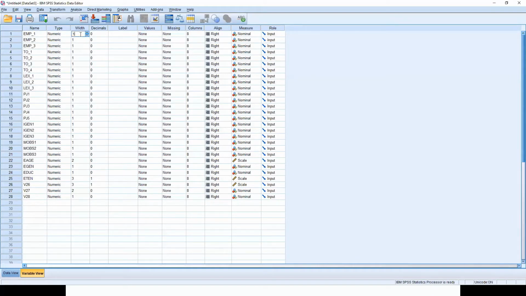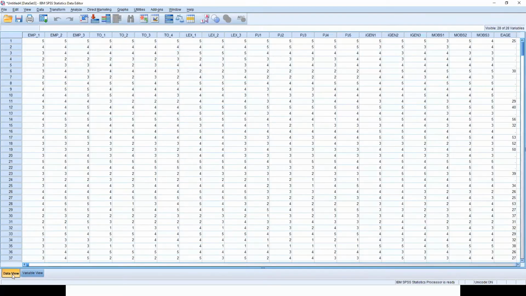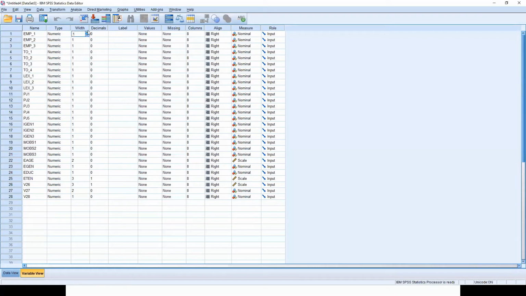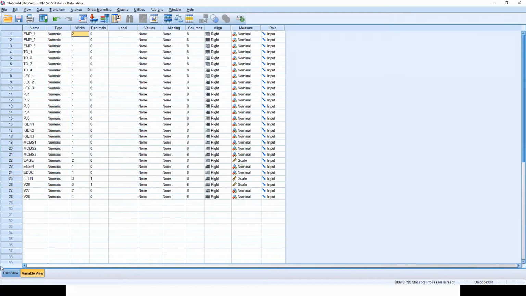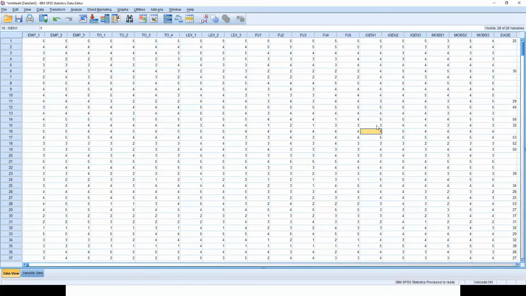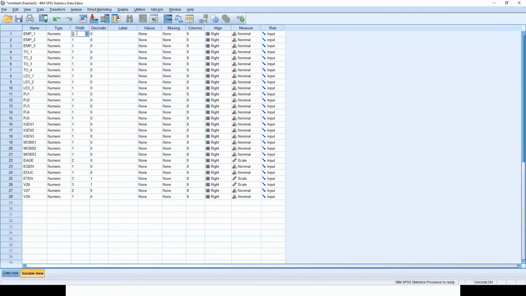This is the width of the column, and this is width in terms of numbers. So how many numbers are there? If I say 2, let us see what happens here. It will still remain, but if you see age here, it is 2 because you will have 2 numbers. So this is 29 and 29. That means it has 2 digits. So the width is the number of digits. So it takes it automatically.